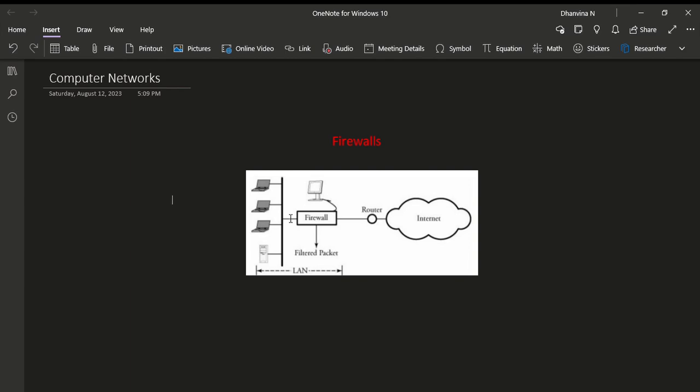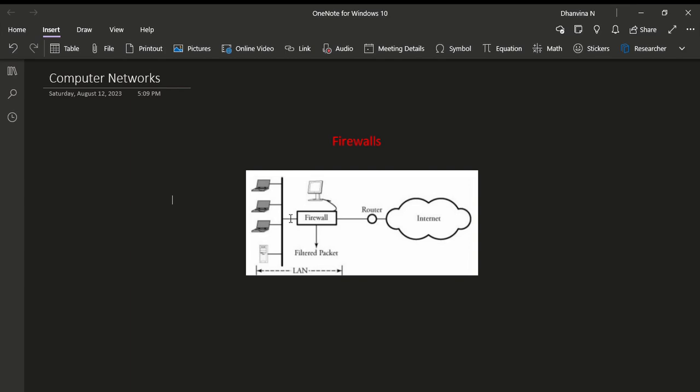But coming to hardware firewalls, they are more secure than software firewalls. This is because the hardware devices work on bit level information, which a hacker cannot easily access, whereas at the software level, the hacker can easily access the programs when the hacker sends malicious programs to the software.